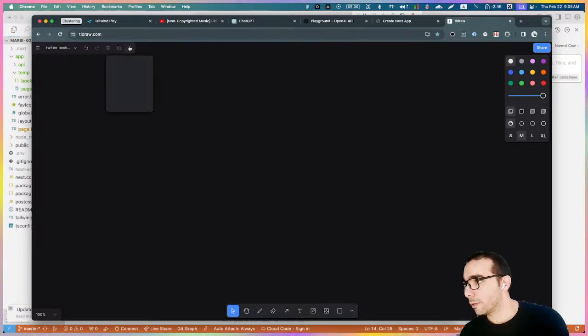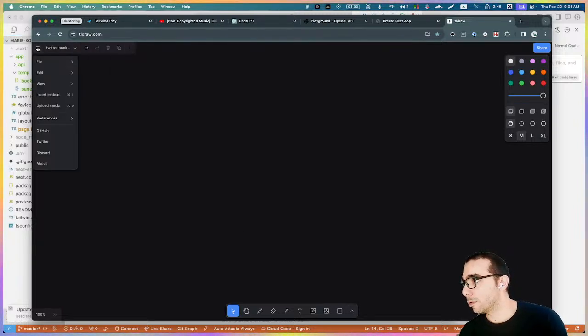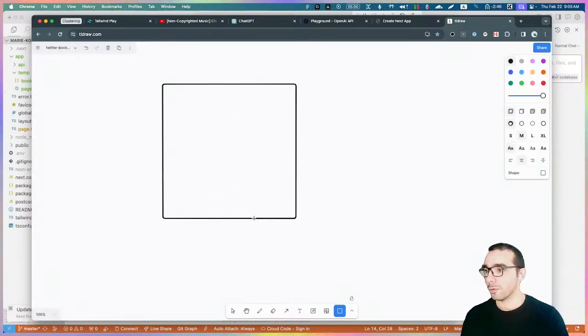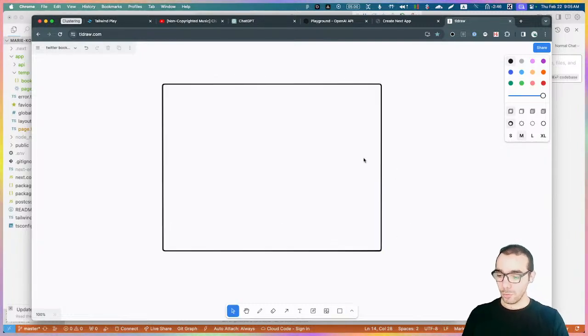How do you do this? File, view, preference. Okay, yeah. Dark mode, right? Okay, cool. So this is the initial version that I had, which is just something like Twitter bookmarks,